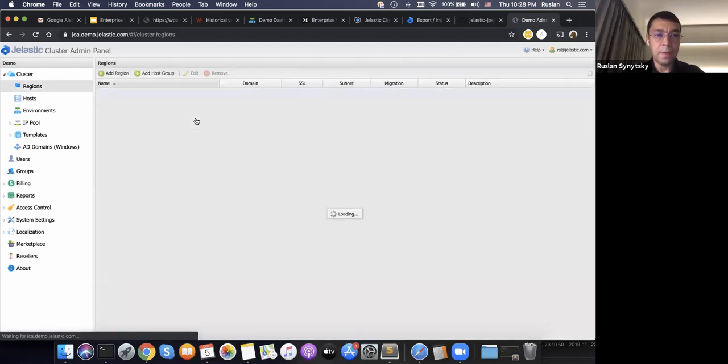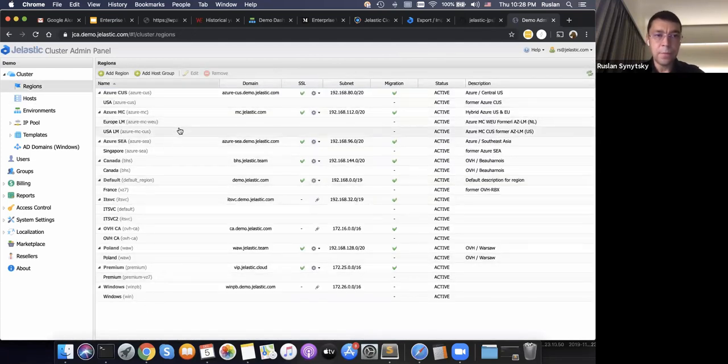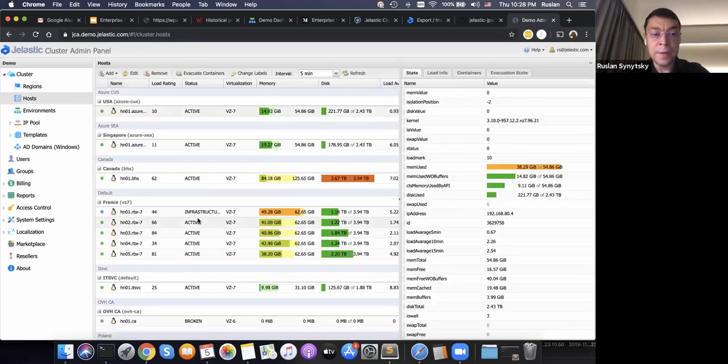This cluster has multiple regions connected from different clouds, like Azure Cloud and OVH. We even have some bare metal infrastructure. In general, it's about 10 regions, and each region has multiple nodes. For the size of the nodes, we recommend 32 gigabytes and more.